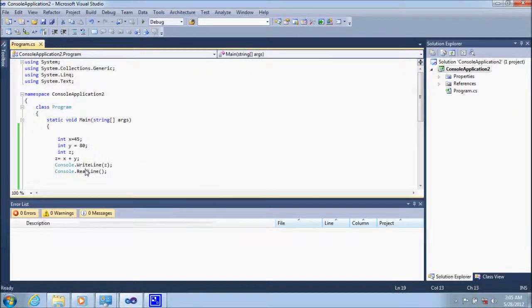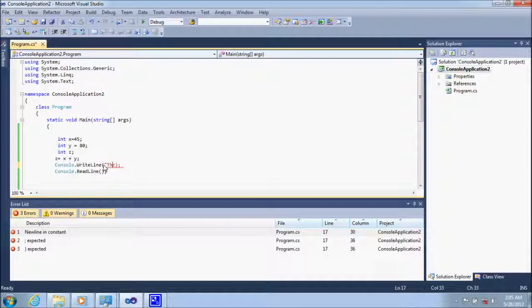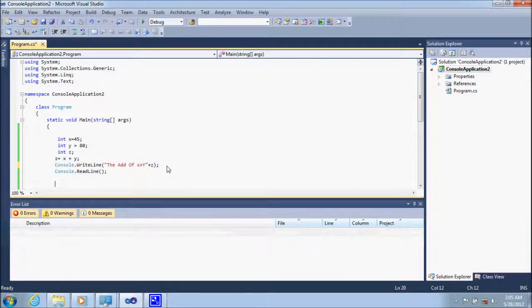Now I want a message before the answer, like the addition of x plus y, so I put it in double quotes, the addition of x plus y. Same as in Java, I'm using the concatenation operator, the plus between that constant value and the variable value.